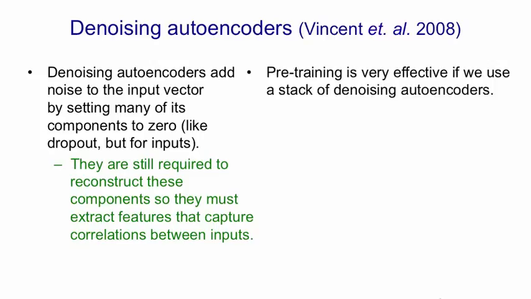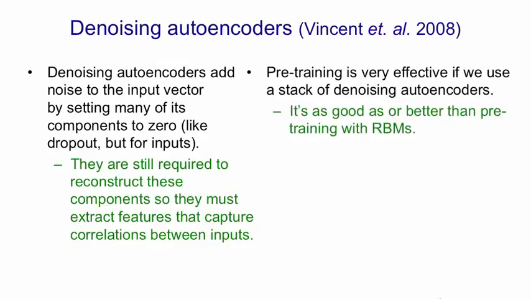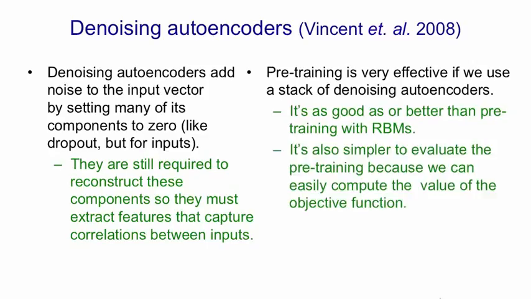If we use a stack of denoising autoencoders, pre-training is very effective. There are some cases in which RBMs still work better, but in most cases denoising autoencoders are more effective. It's also much simpler to evaluate the pre-training using a denoising autoencoder, because we can easily compute the value of the objective function. When we pre-train a restricted Boltzmann machine with contrastive divergence, we can't compute the value of the real objective function we're trying to minimize, so we often just use the squared reconstruction error, which is not actually what's being minimized. In a denoising autoencoder, we can print out the value of the thing we're trying to minimize,